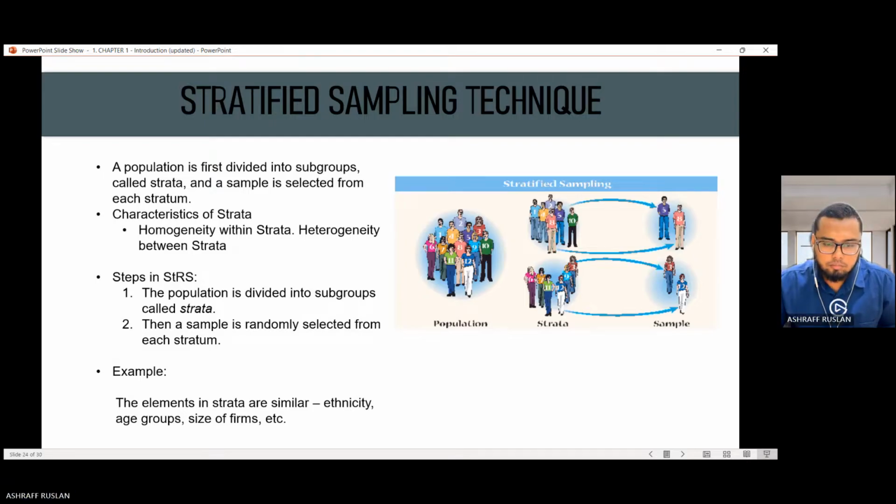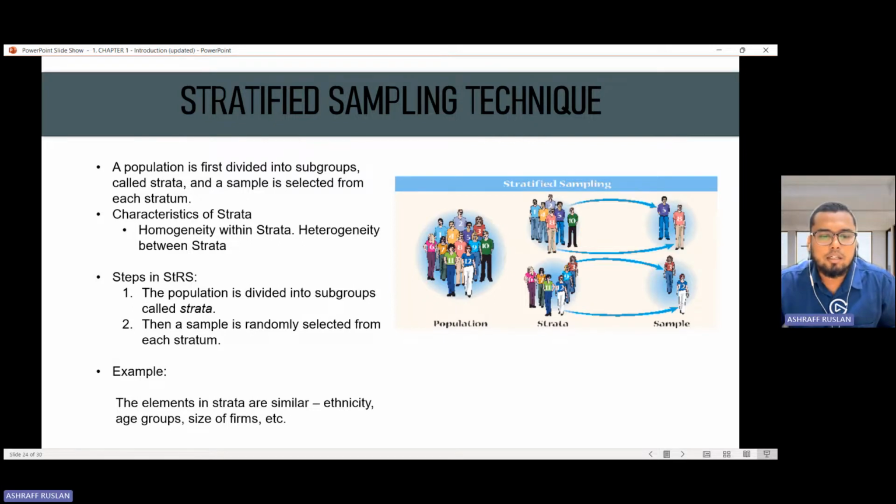So contohnya, okay, the population is divided into subgroups. Macam tadi saya sebut, maybe apartment ABC contoh. So dia nak buat survey, and we should include the respondents from different blocks.